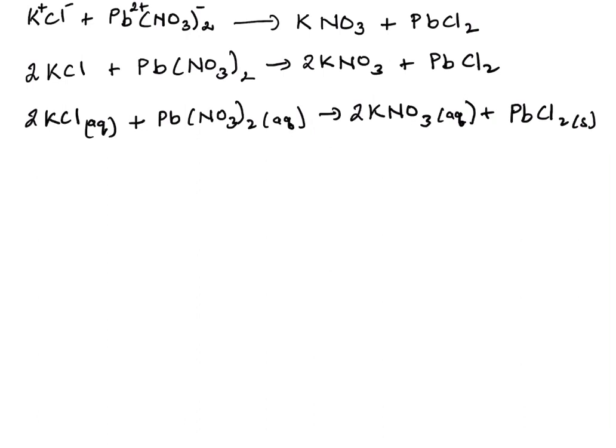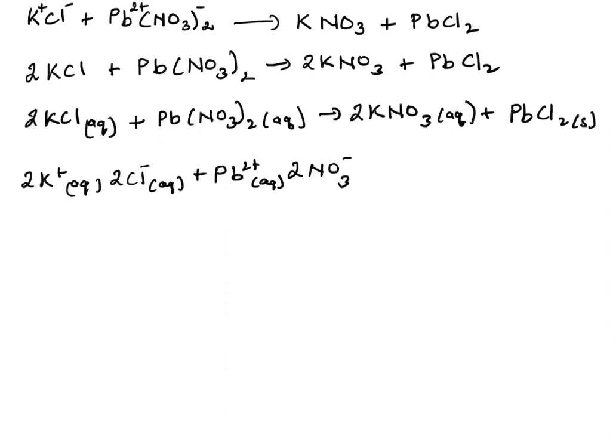Now let's move on to the next part, that is, let's write down the total ionic equation. So 2K+ aq, then 2Cl- aq, plus Pb2+ aq, and then since there is a 2 in nitrate, we can write it in the front, 2NO3- aq,